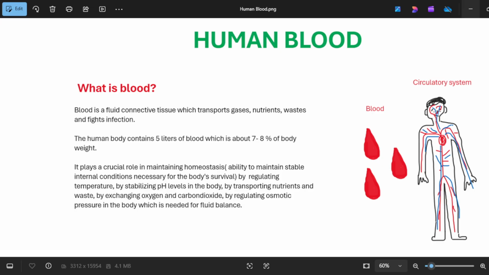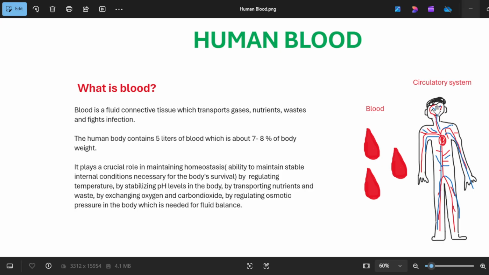So today we are going to discuss human blood. So what is blood? Blood is a fluid connective tissue which transports gases, nutrients, waste and fights infections. So blood is fluid in nature. It is liquid. So it is able to